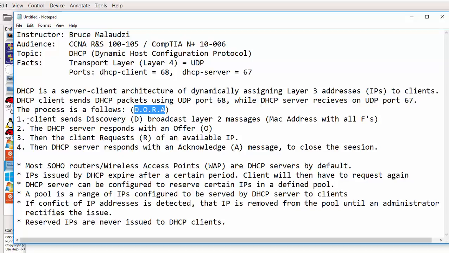In the first step, the client will send discovery packets, that will be a broadcast message to all the devices within the broadcast domain, that is all Fs. All the devices will receive that broadcast message and decapsulate it. If it doesn't belong to them, they'll just discard it. And if it belongs to a DHCP server, the DHCP server will then respond with an offer, that is step